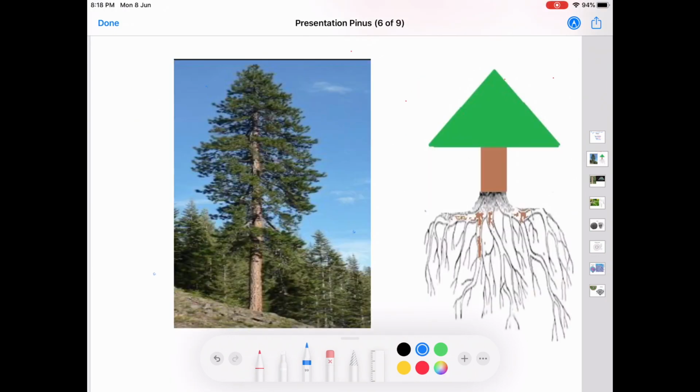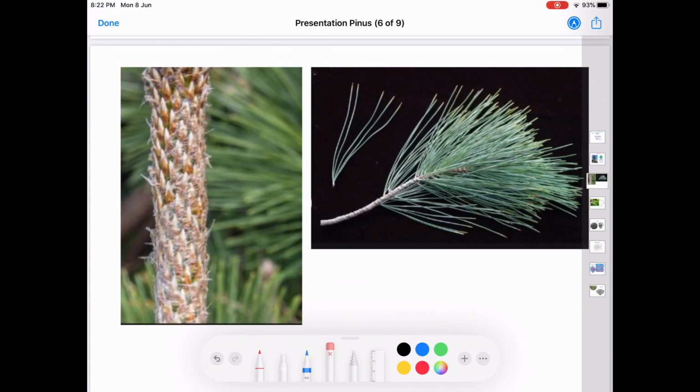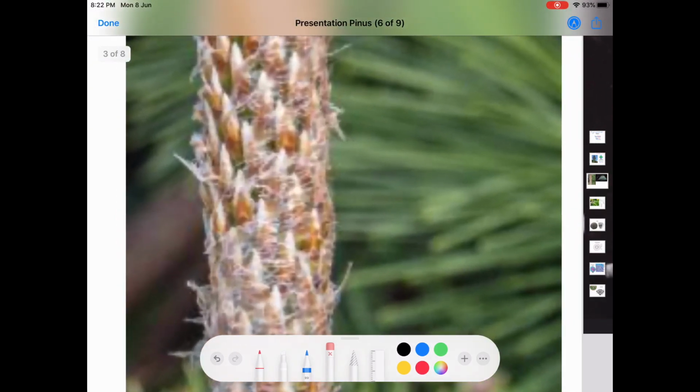Pinus is a large perennial evergreen tree and the branches grow spirally, and thus the plant gives an appearance of conical or pyramidal in structure. The plant body is a sporophyte and is differentiated into the roots, stem and leaves. Among these, the first one, stem. The stem is cylindrical, erect, woody and branched. The branches are monopodial. Here the stem is covered with scale leaves.